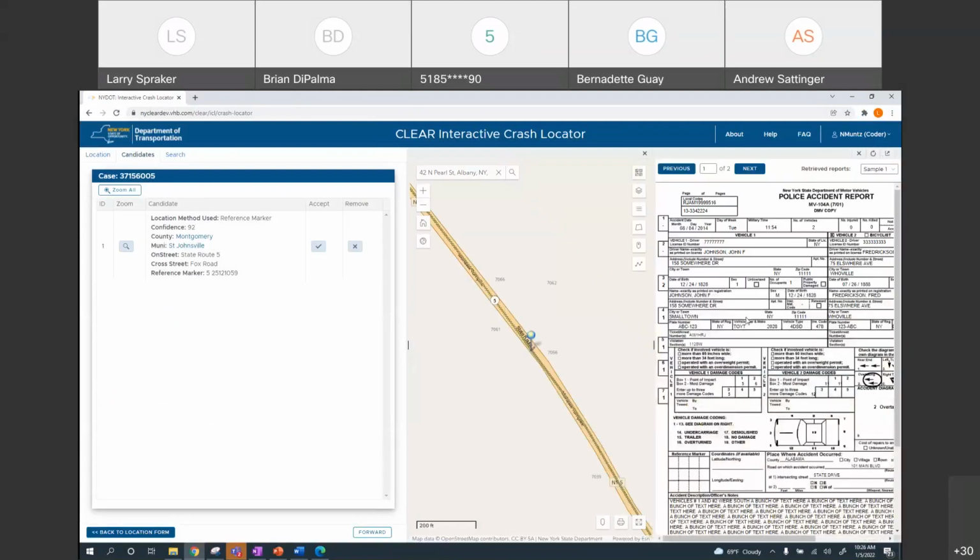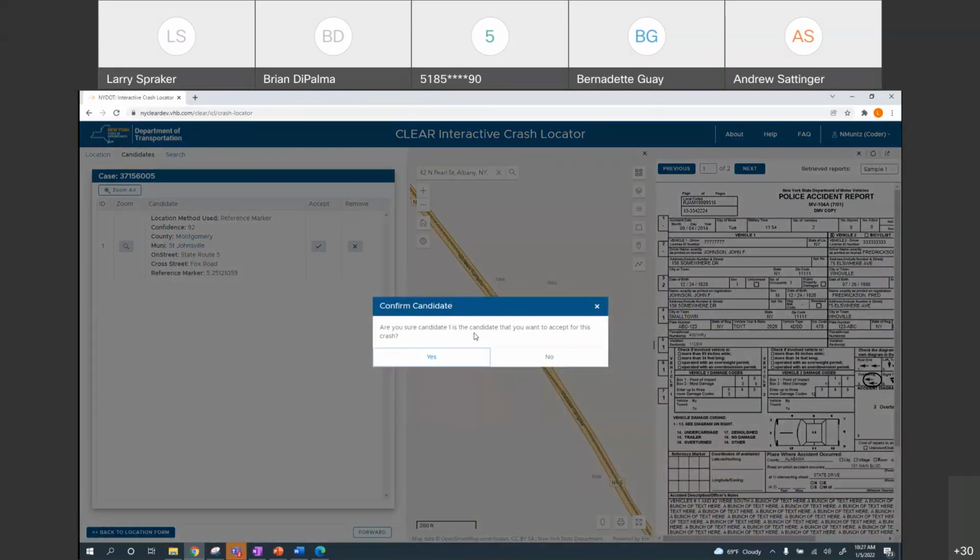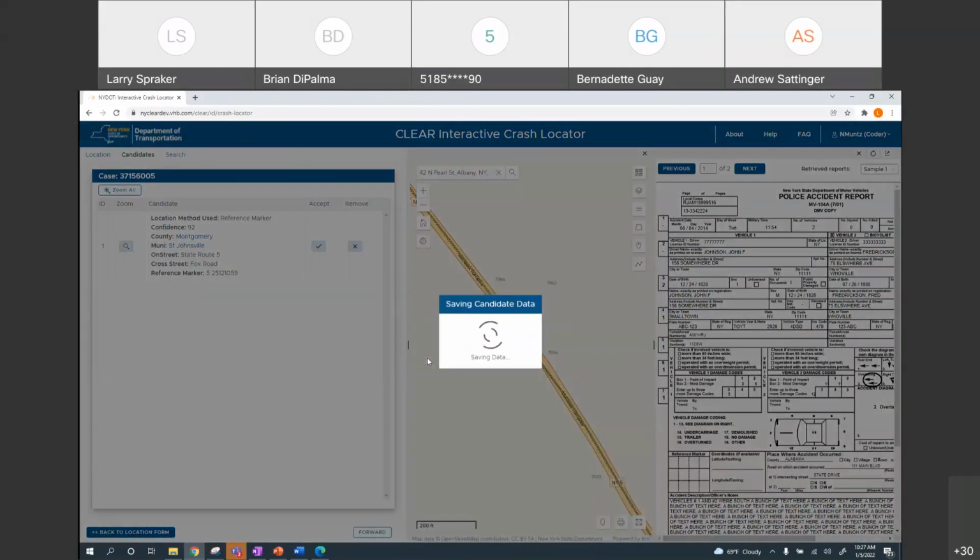So I see that, and now I'm looking through, and maybe I pull this out, like, I need to zoom in and look around, so I could pull that out. But ultimately, maybe I say, yep, I don't have to really do anything with this. This is pretty straightforward. I don't know what the problem was, but I'm just going to hit accept. So I'm going to hit accept, and it says, are you sure candidate 1 is the one that you want to accept? Yes. Saves it,